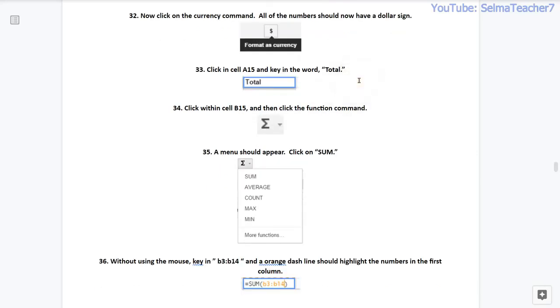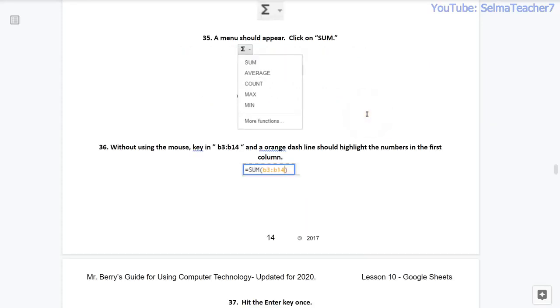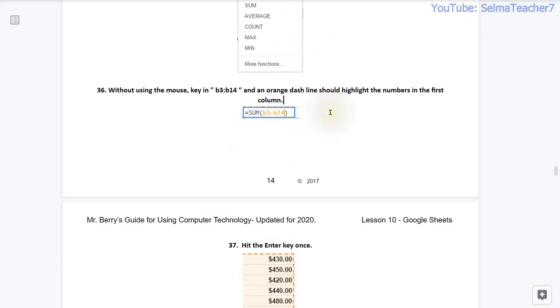33. Click in cell A15 and key in the word total. 34. Click within cell B15 and then click on the function command as seen here. 35. A menu should appear. Click on Sum. 36.